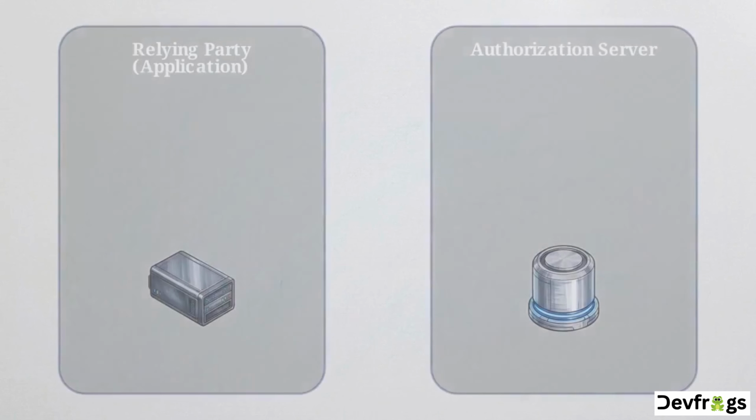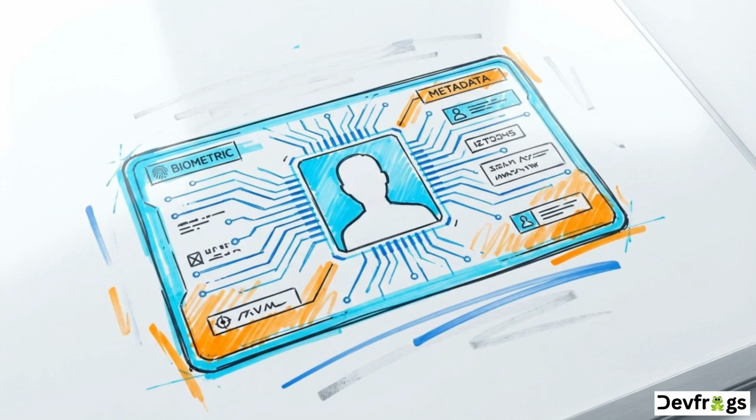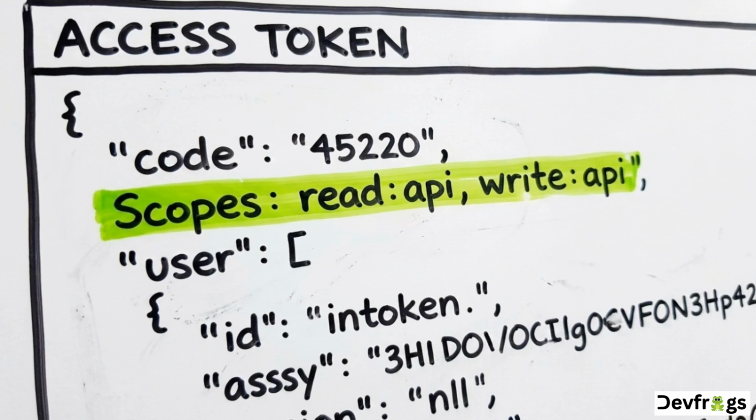Because this code travels through the vulnerable browser, we implement PKCE, Proof Key for Code Exchange. If a malicious script intercepts the temporary code, they mathematically cannot use it. The backend executes a secure server-to-server request, trading the code for 2 newly minted token assets. The first is the ID token, which contains the user's verifiable profile metadata. The second is the access token, which provides the authorization scopes required to access specific downstream APIs.